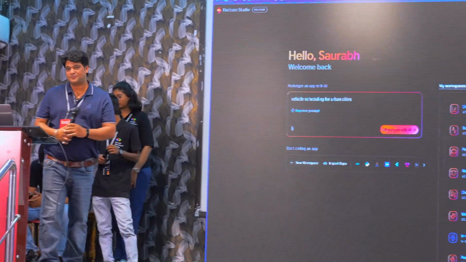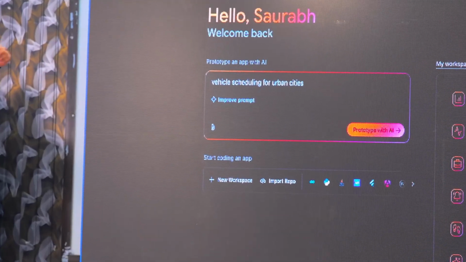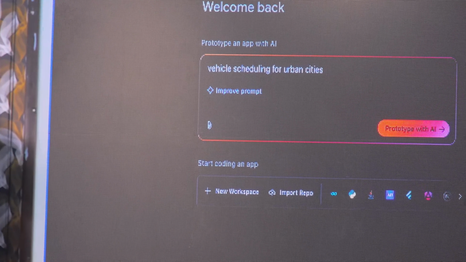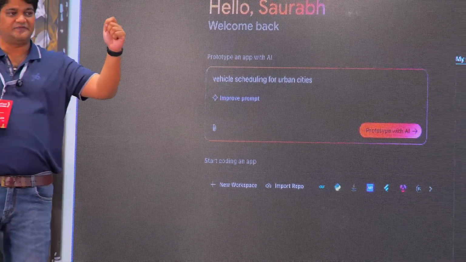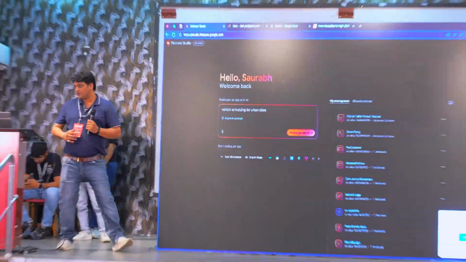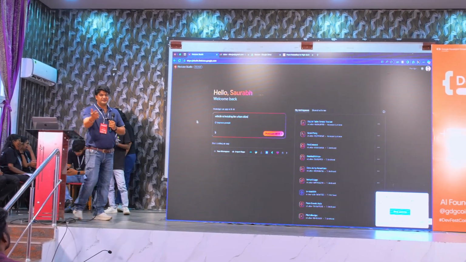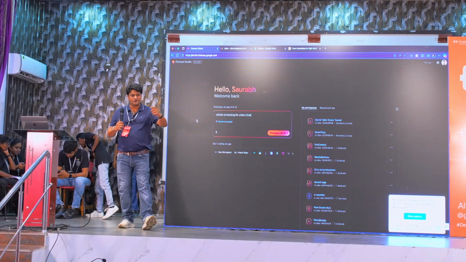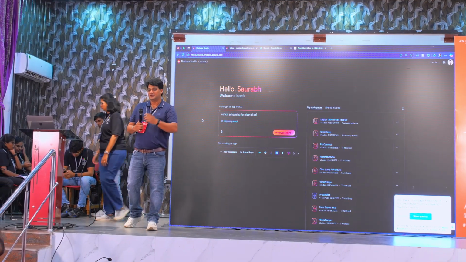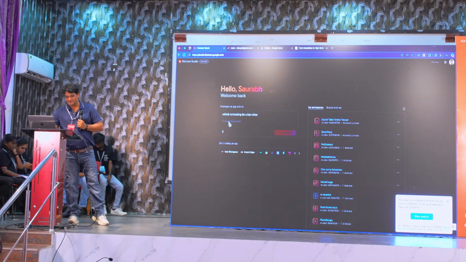So the problem statement you are getting over there is vehicle scheduling for urban cities. It is focusing on urban cities, and it will help build something with which we can schedule our vehicles. There is one option you can see over there, improve prompt. It means if you are not very good in English or at writing a good problem statement, I just click the improve prompt. If you see there,